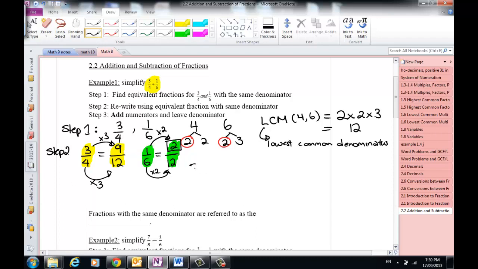And step 3. Our question started off with 3/4 plus 1/6, and we just found the equivalent fractions. So 3/4 can be written as 9/12, and 1/6 can be written as 2/12. The reason we've done this is because we have to have the same denominators, okay? If we're adding things, for example, say we have